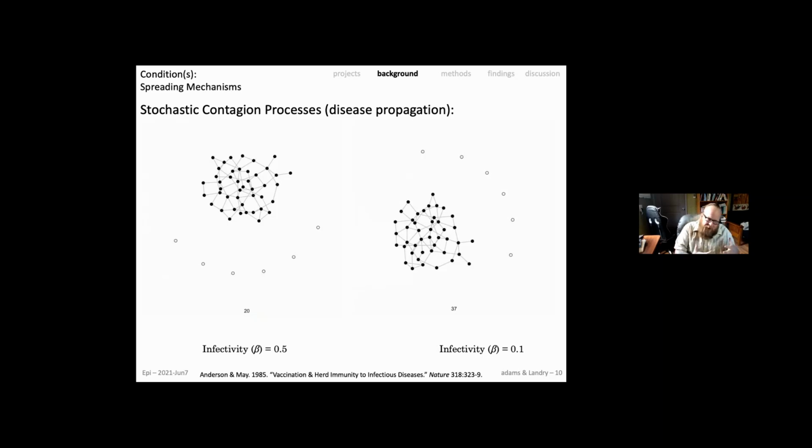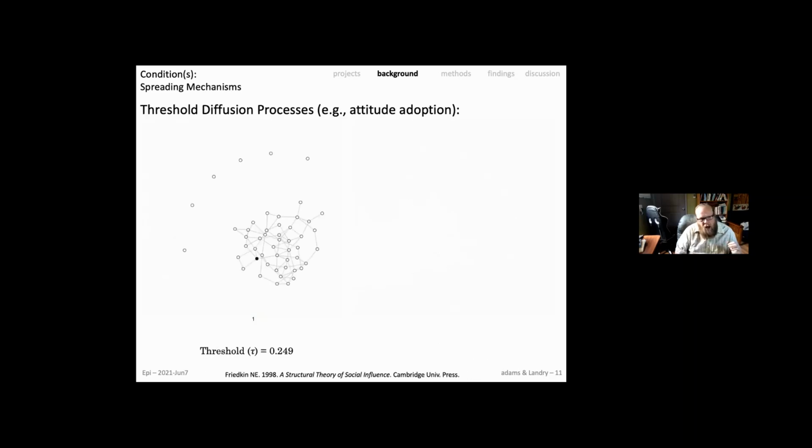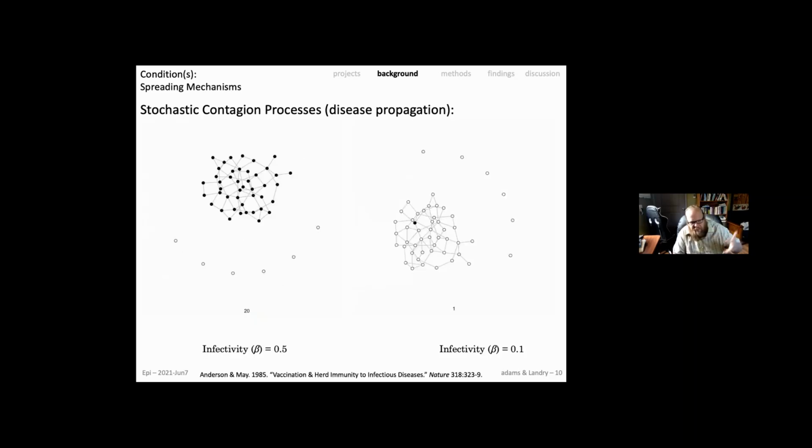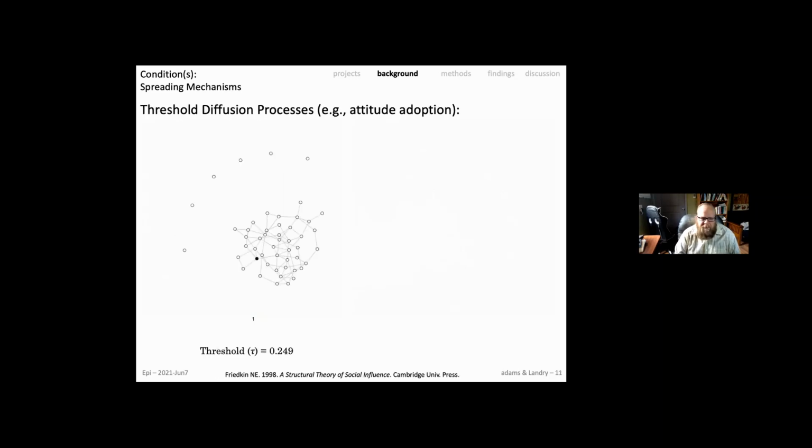So this is one type of contagion process that can happen, right? The stochastic version. And like I said, this is thought to represent disease propagation through a population. Alternatively, we can have what are known as threshold diffusion processes. And there's other names for this, but I'm going to refer to these as thresholds. These are the ways that things like attitudes or behaviors are thought to spread through a population. Now, instead of a constant stochastic probability of transmission, what's going to happen is each person who's susceptible is